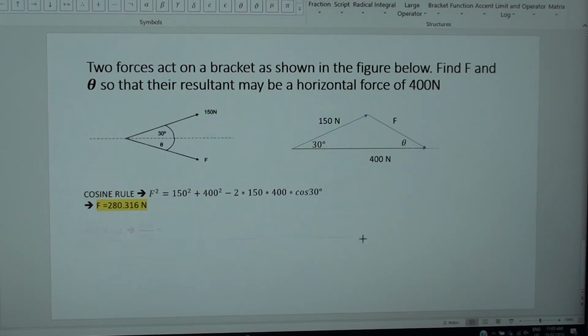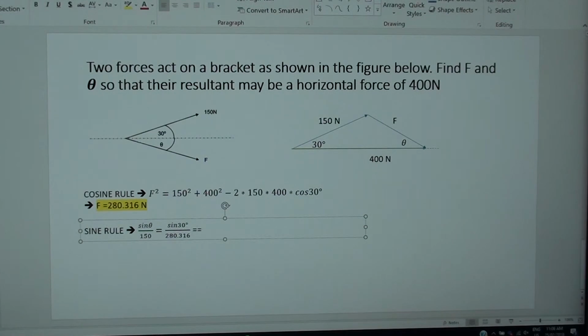so I will enlarge the box so you can see it, and another. So now sine 30 degrees, because I have more information about that than the other side, divided by opposite to the sine 30 is the F value which we just determined earlier, is equal to 280.316. Everything is in newtons. So this will help me to,